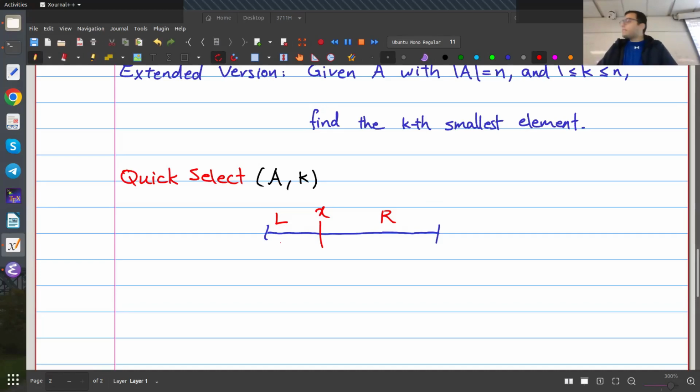Now, again, the problem that we face is that I want to find my kth element. I might get lucky, and maybe on my left side I have exactly k minus 1 elements, which means that my pivot, the element x that I took, was exactly the kth element. So in that case, I would just return x. So let me just write it here. I have quick select